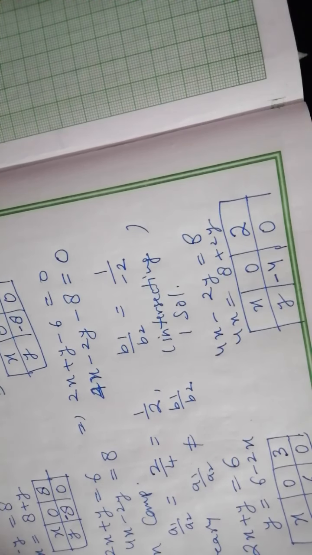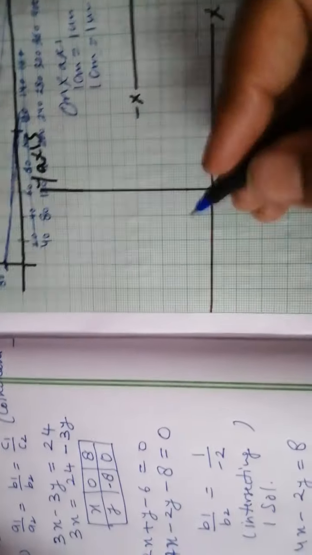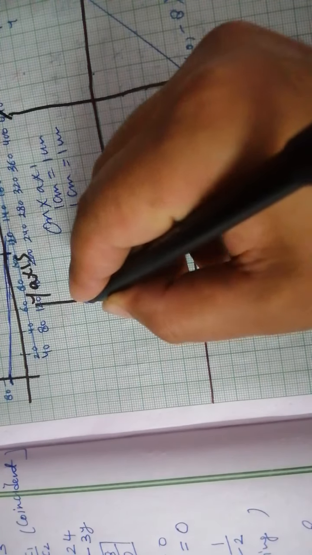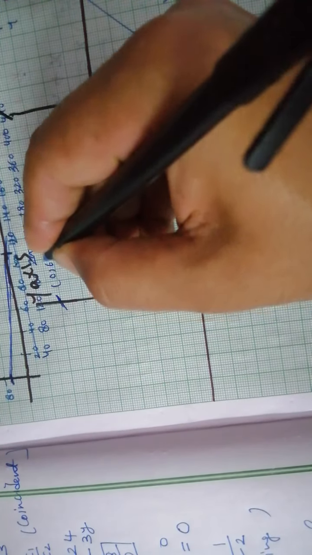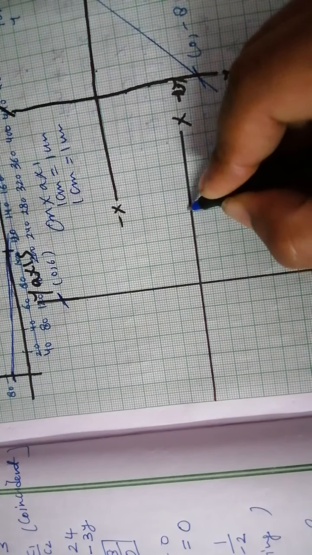So now draw the graph of these points. It is the positive x-axis and the positive y-axis. Now I am taking the scale. You can see the numbers are 3, 6, so we can take on the x-axis 1 centimeter equals 1 unit, and on the y-axis 1 centimeter equals 1 unit. For the first equation, the point is 0, 6: 1, 2, 3, 4, 5, 6. Now the second point, 3, 0: 1, 2, 3. Join these points using the scale.